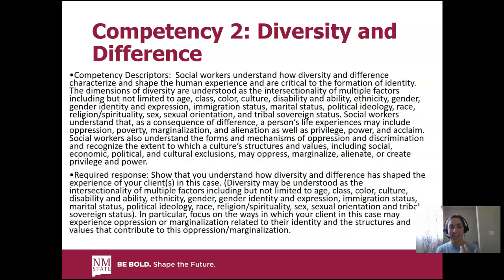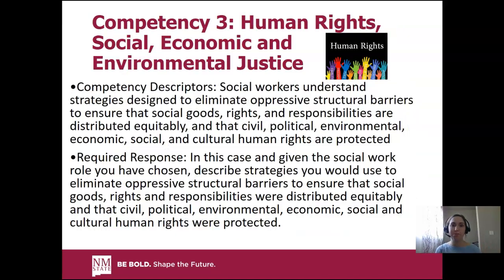And in this scenario, we have one community group that seems to have some privilege and another that doesn't. We might talk about that. Okay? So again, different ways of framing it, your response is going to be different, but the same core concepts want to be covered. In competency 3, we want to be able to broaden out the concern that